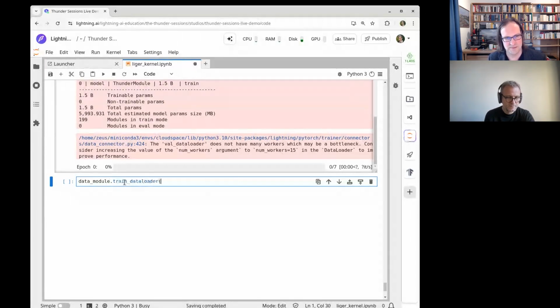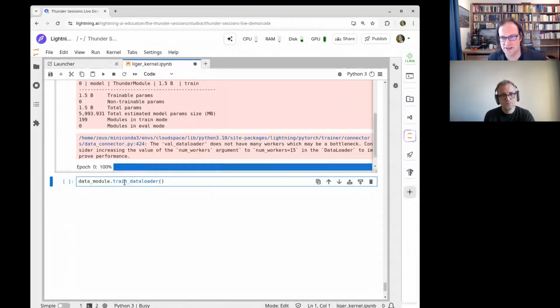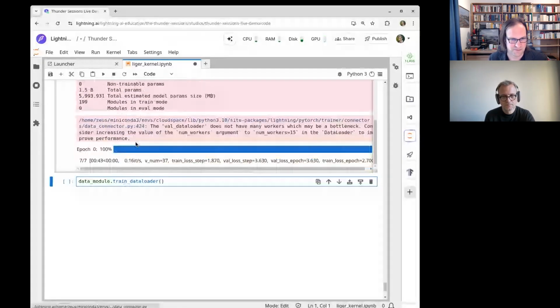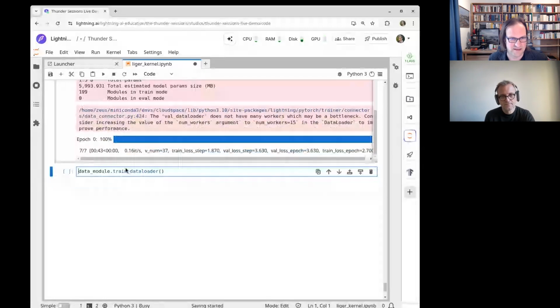I don't have the top completion here because it's still running the other thing. So we need to grab a batch from that, and the train data loader is an iterable. So we need to get the iterator from it, and then to get the batch from it, we just call next. So this will be our test batch.